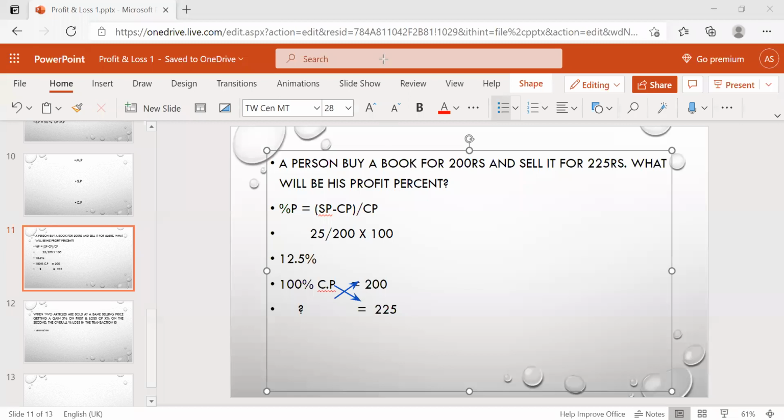Then here equal to 100 into 225 by 200, right? So 100, 200, two zeros will cancel and 225 by 2,